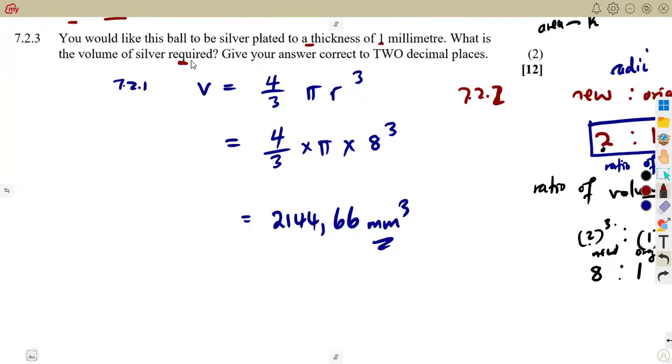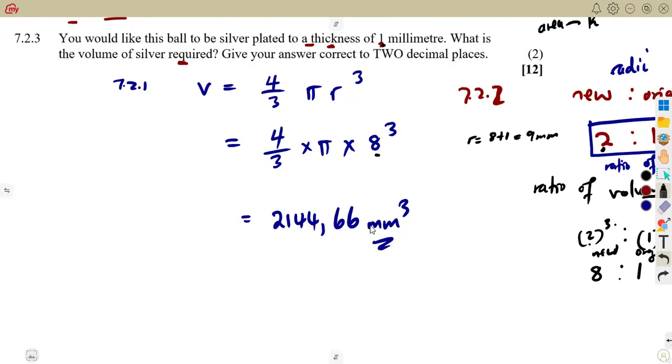So in order for you to have the volume of the silver, you have to remove the volume, because there's a thickness there of 1 millimeter. Remember, originally your radius was 8. Now there's a thickness added of 1 millimeter. Meaning our radius is going to be 8 plus 1,